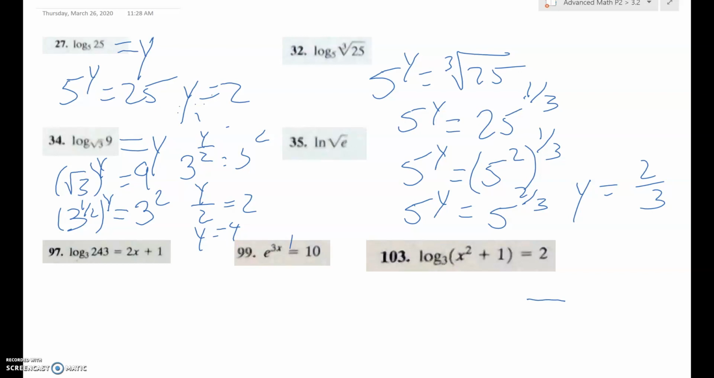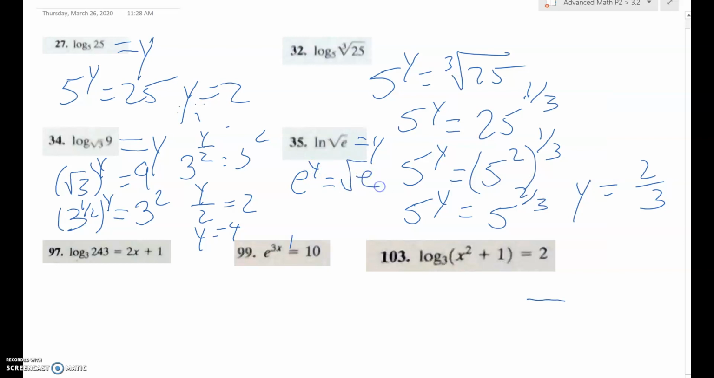If you got confused on those, hopefully you can use that as a guide on how to solve those. Now, 35, I wanted to do a couple ln's because we just talked about that in the last video. So ln, again, is base e. So when we have this as y, then I would rewrite it. It would be e to the y